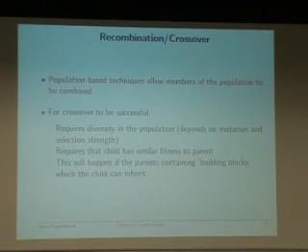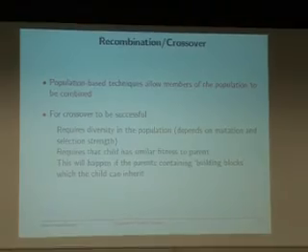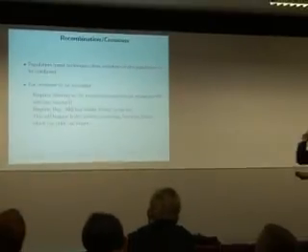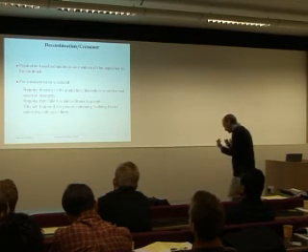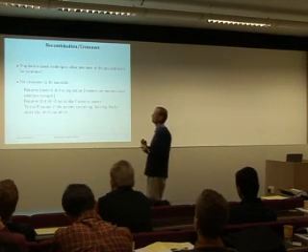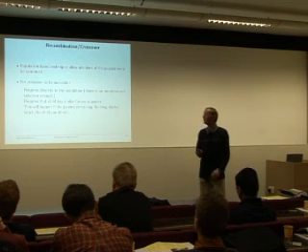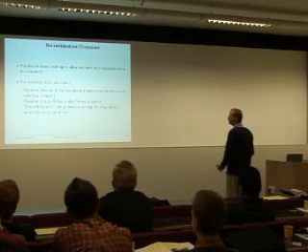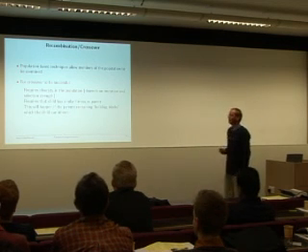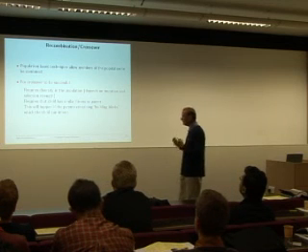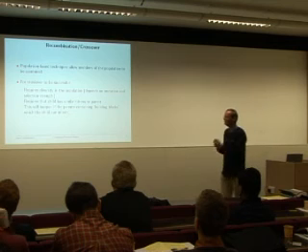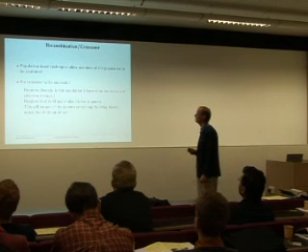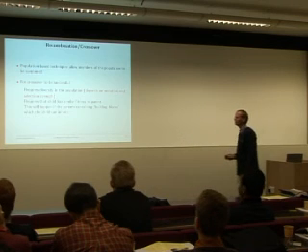Okay, so recombination and crossover I'm going to be very quick on because we're going to talk about that at some stage, actually Tuesday. One of the key things about population-based techniques is they do allow you to combine populations. So crossover can be useful, but in order to be useful, they need some diversity. If you have no diversity, crossover is not really doing anything for you, and that diversity depends on your mutation rate and your selection strength.